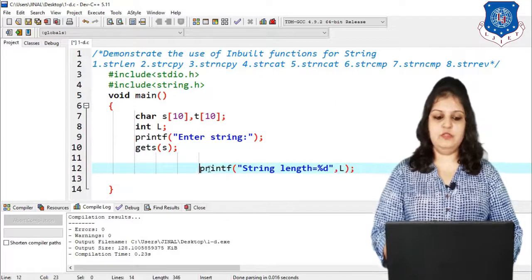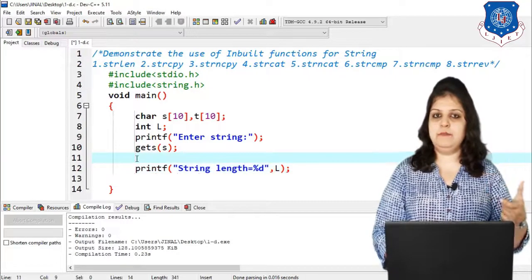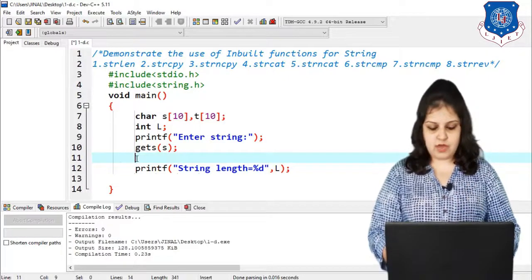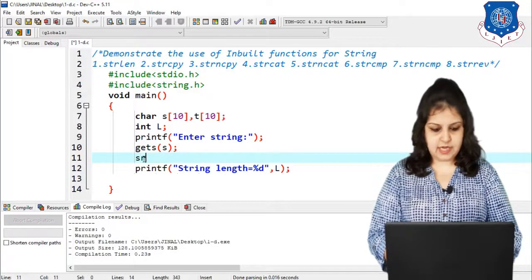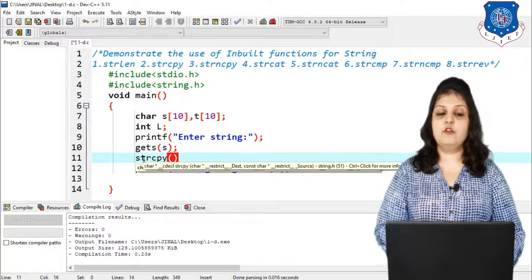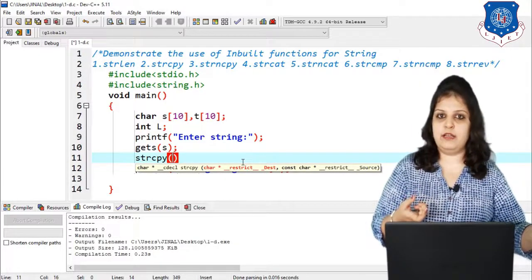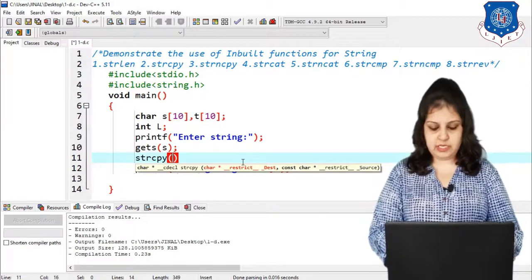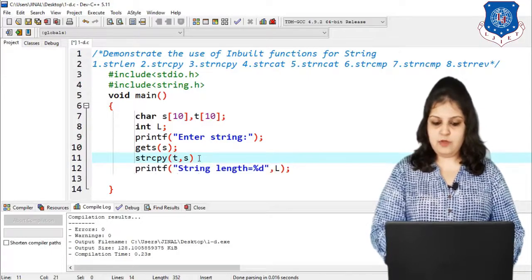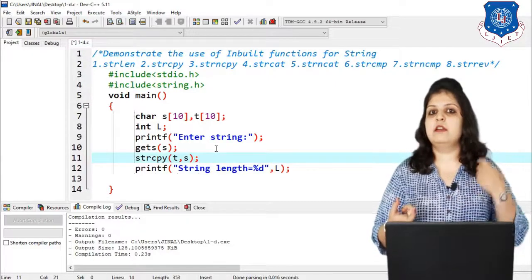And how can we use the strcpy function? So remember the syntax of strcpy: strcpy in brackets, destination array and source array. I want to copy the data of S into our T character array, that is the T string. So I write strcpy in brackets T comma S. So how will it execute? First of all, enter the string. Suppose I enter ABC in our S variable.